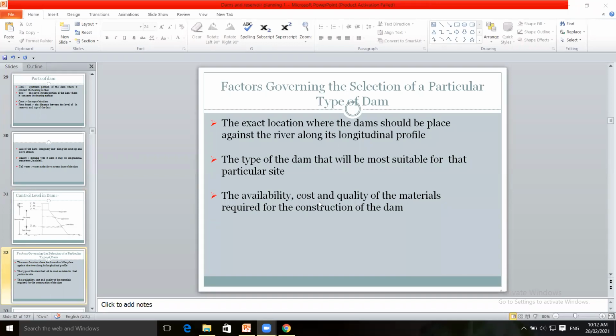In the exam they will ask the classification of dam depending upon its use, structural design, and its hydraulic design. In that you should write all this classification. Okay? Any problem in this? Necessity they will ask. In the exam they will ask the classification of the dam according to its structural design, according to hydraulic design, and its use. In that you should write all these types and its classification, its purpose.